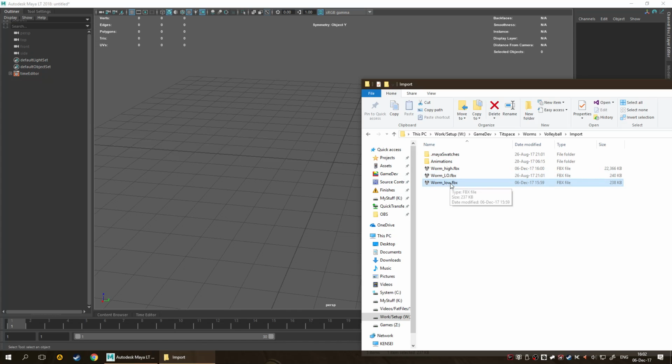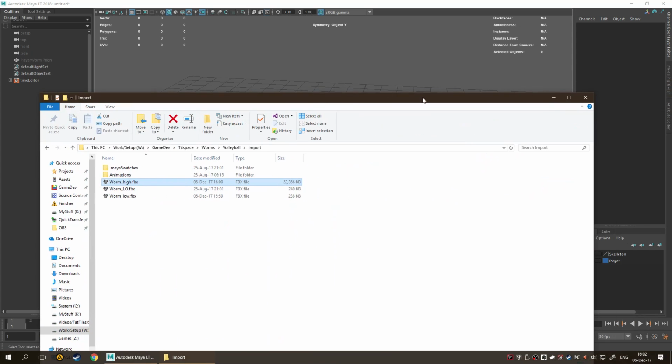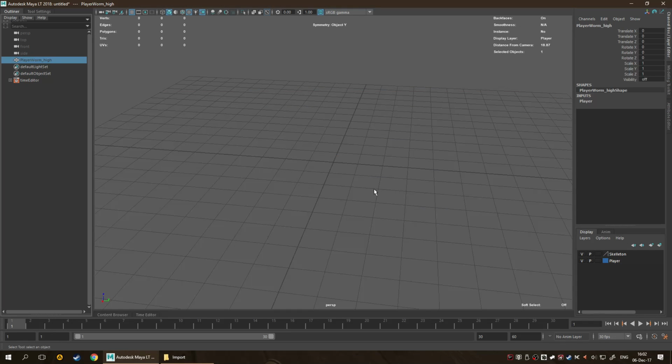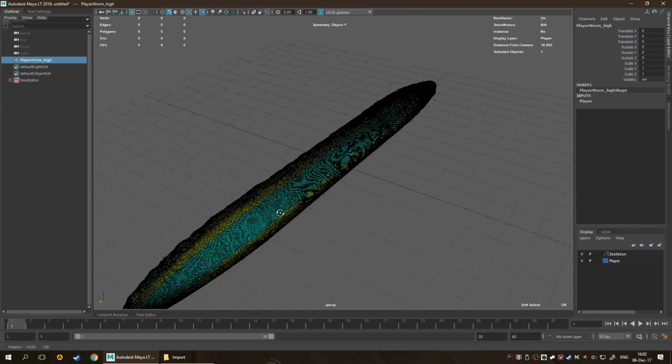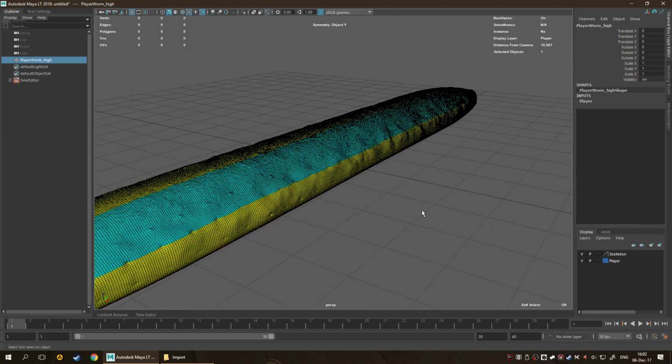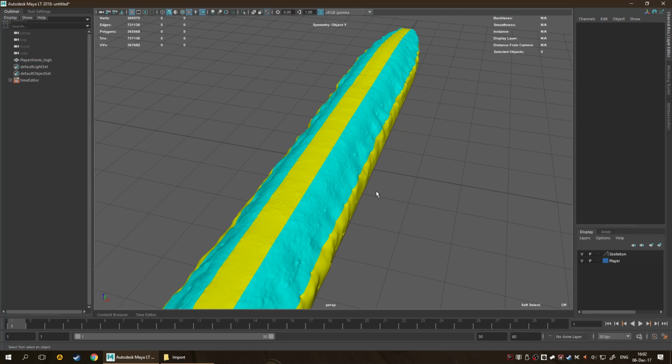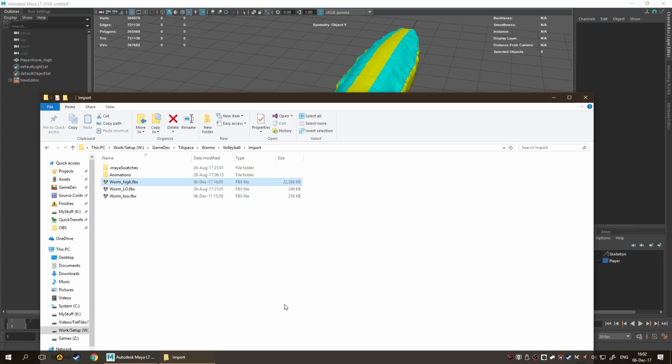And let's see if our high poly as well has been properly exported. Well, actually, it exported hidden, which is not very nice. But yeah, high poly is also fairly easily transported. So what we need to do next is to hook up our little